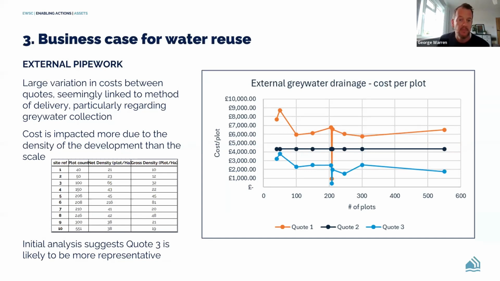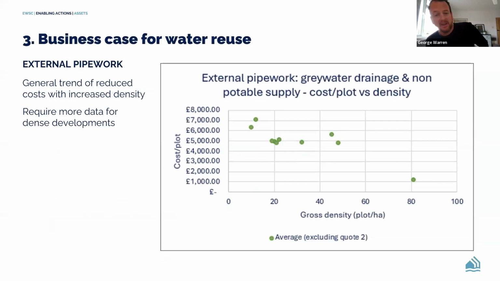Site 6. Hopefully I'm not moving too quickly through this for you all, but hopefully that shows an indication there. So you're starting to see a decrease. I think in order to really agree on that trend, we would want certainly some more developments to look at around the denser, so having a gross density closer to the 60s and 70s as well, to really see that come through. But anyway, like I say, these are preliminary findings.